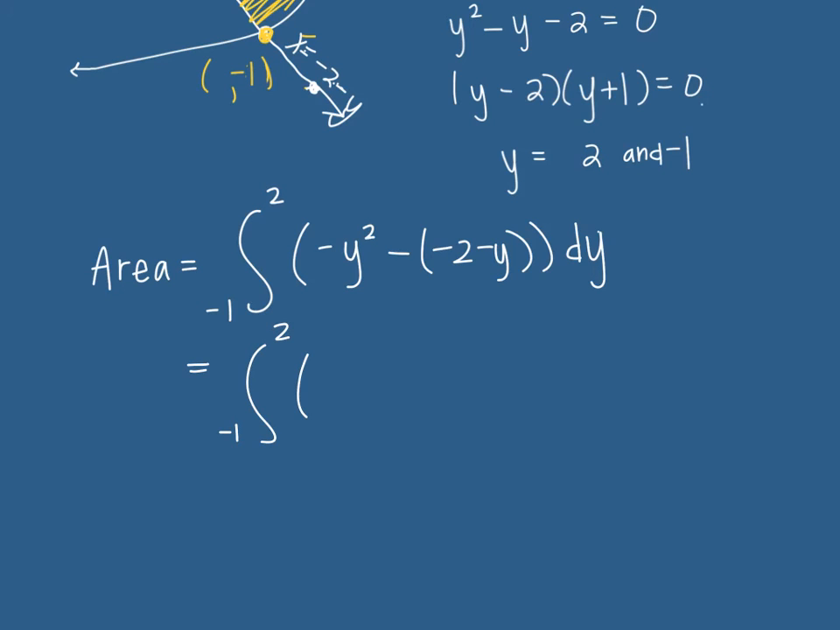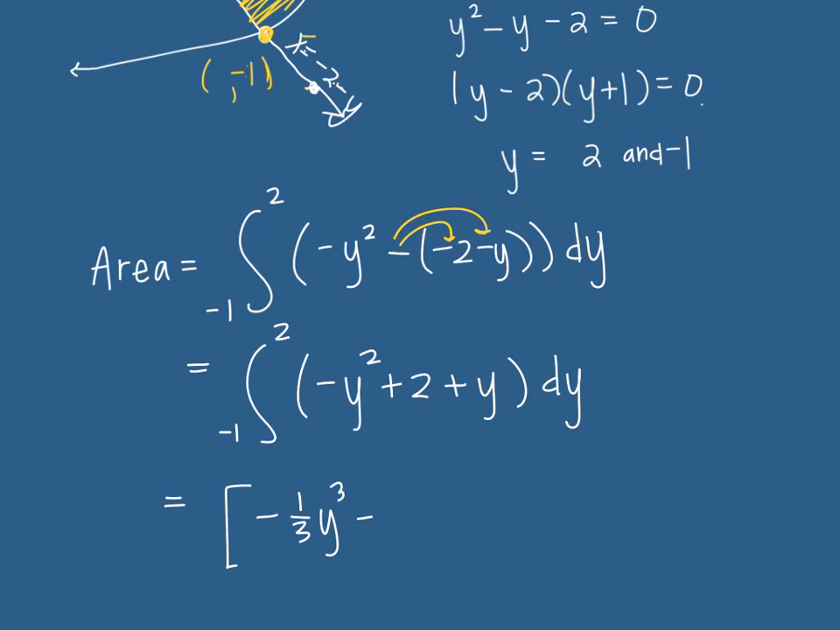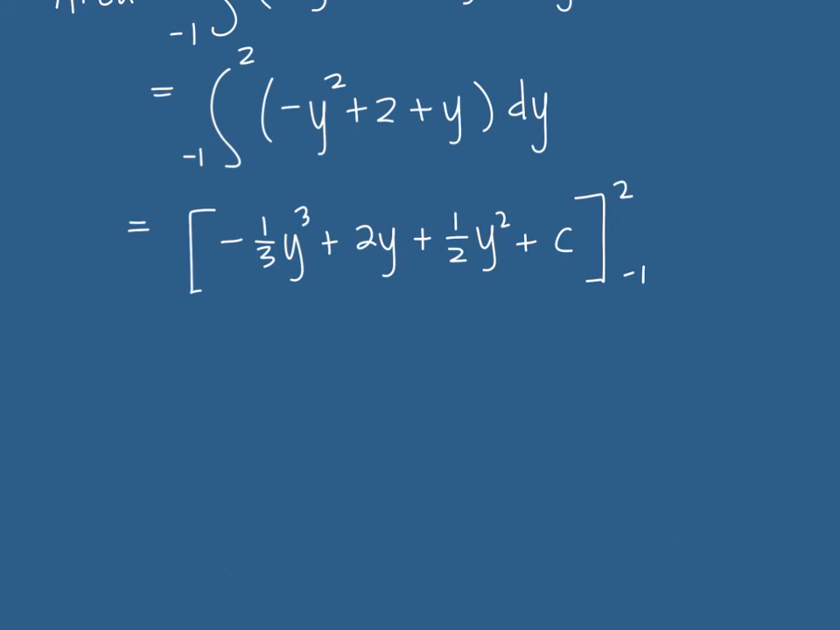So negative 1 to 2, negative y squared plus 2 plus y, dy. So I distribute my negative and make sure my signs are cleaned up. So my integral yields the antiderivative of negative 1/3 y cubed plus 2y plus 1/2 y squared plus c, going from negative 1 to 2. Now there's no symmetry I can use to my advantage here because the region was not symmetric,